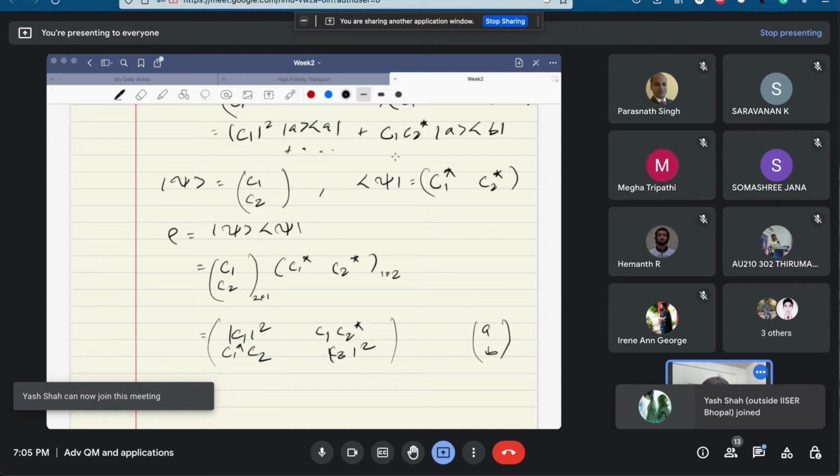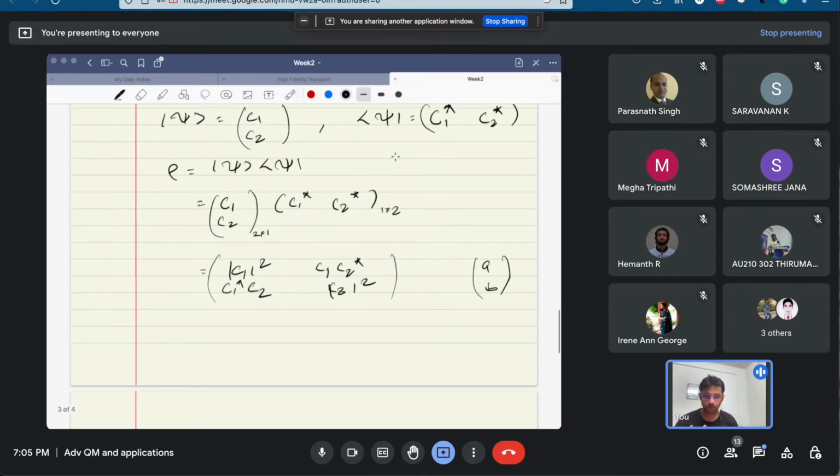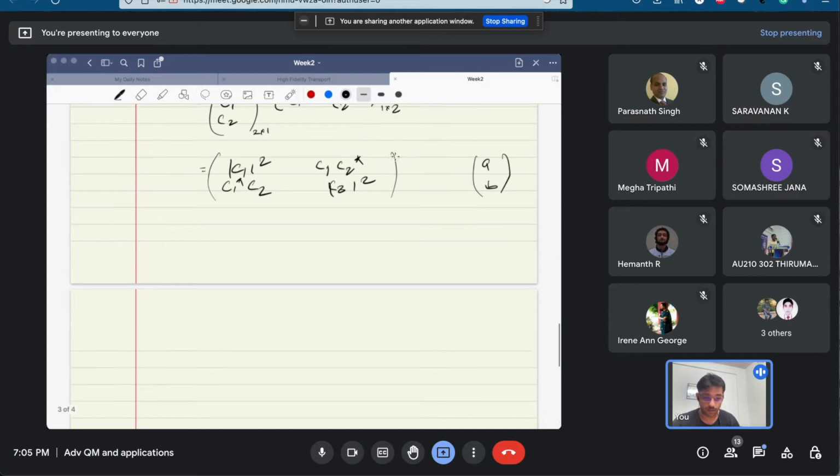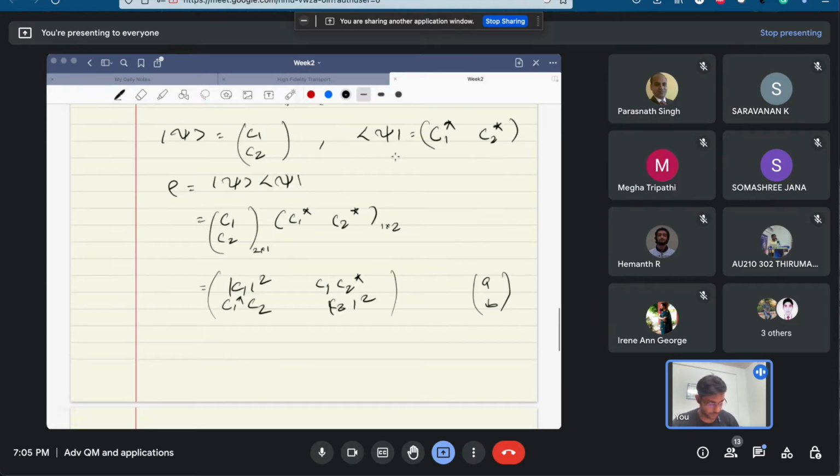Okay. Now, this is just a general wave function, and we obtain a general density operator, and you can similarly solve it for the given wave function that is in your assignment. Now for the second question, we have